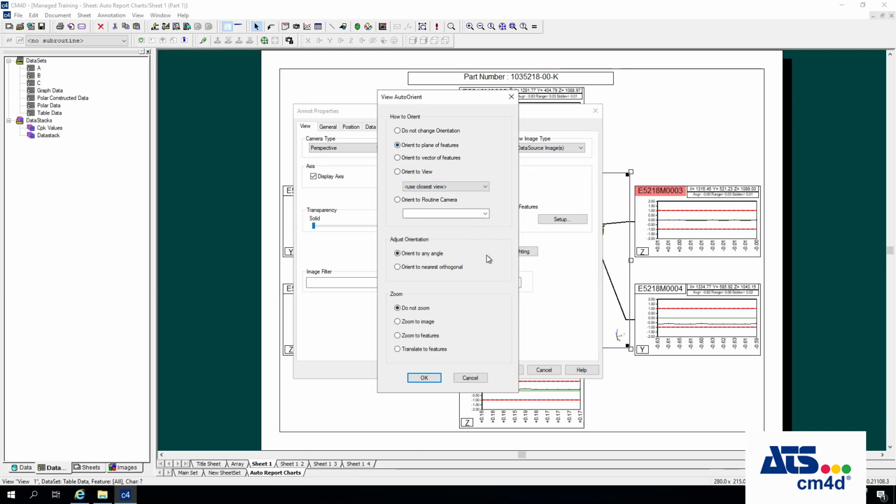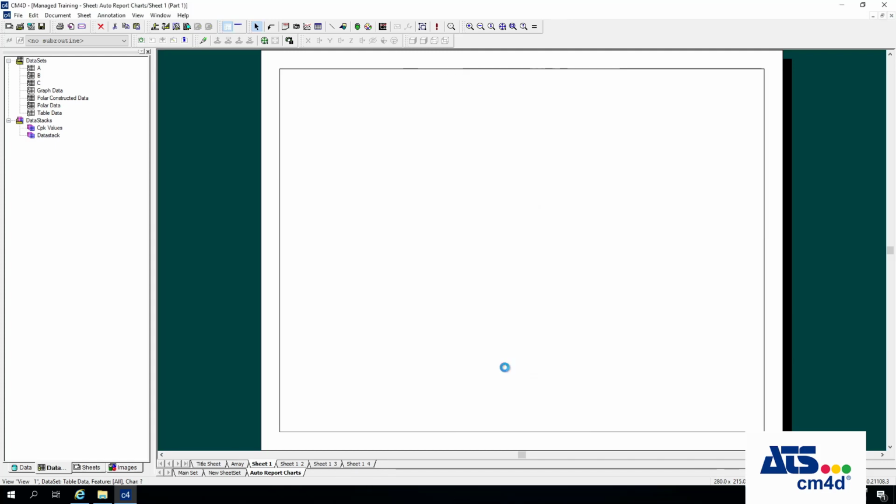Orient to plane of features, say nearest orthogonal or any angle, and then you can say zoom to features if that's what you want to do. So if we chose these options, hit OK,